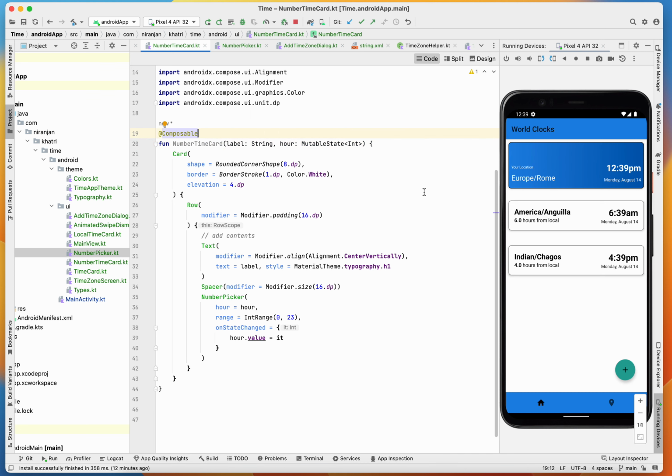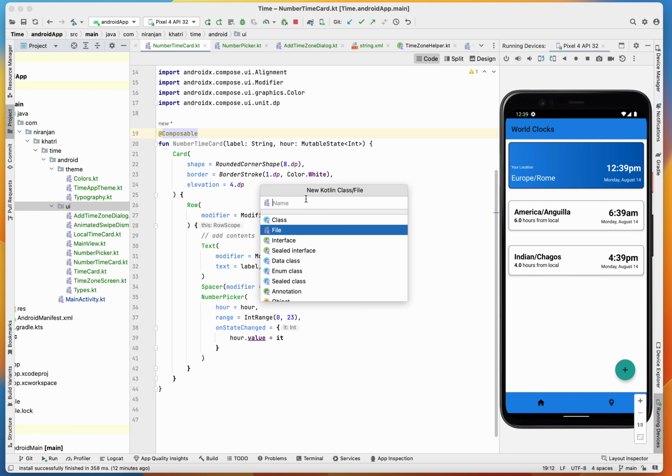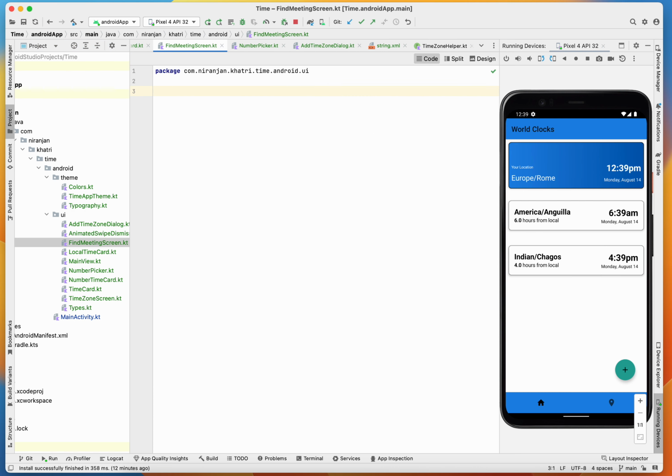So let's go and create a find meeting screen. Okay, so this find meeting screen is also another composable